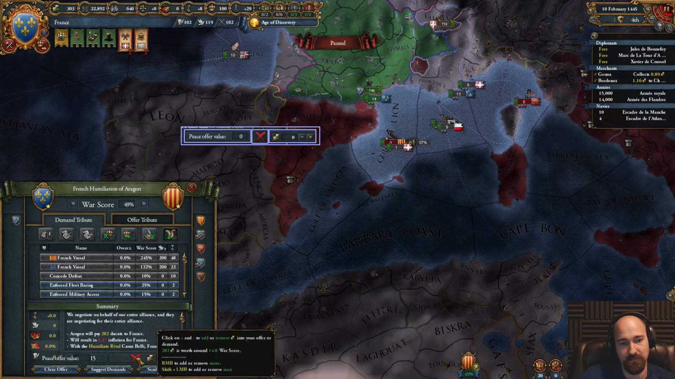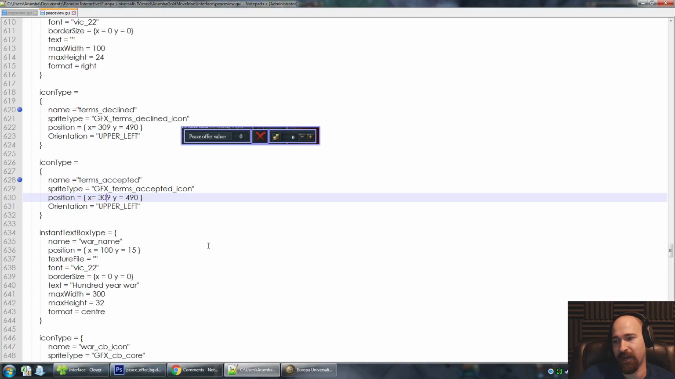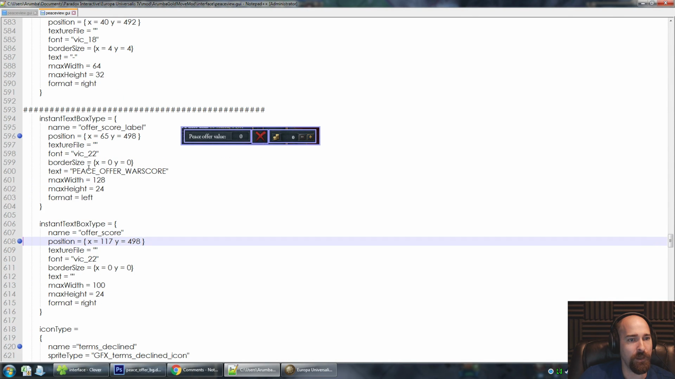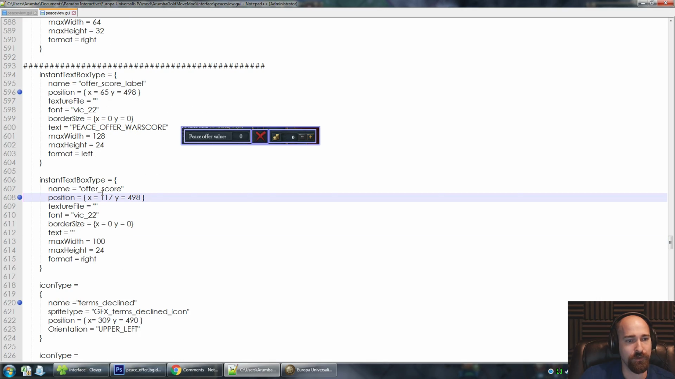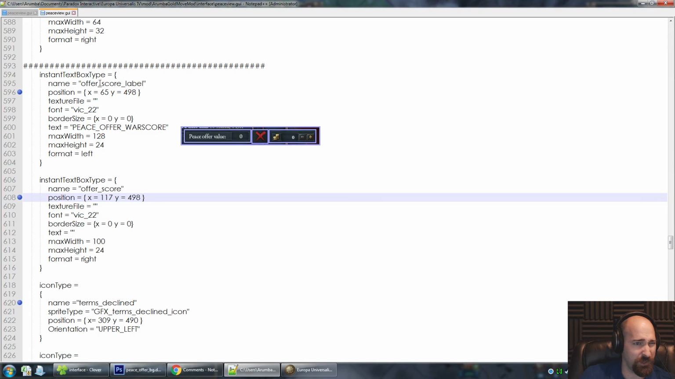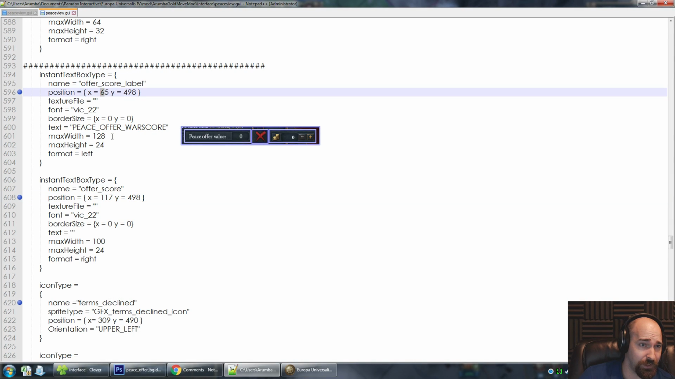Seems all right. I like that. Let's move the peace offer value back. So that's going to be the offer score label and the offer score. We need to shuffle him over basically, looks like about 150 probably. Let's go like 205, 215. We were at 65, so yeah, 215 makes 150, and we'll go